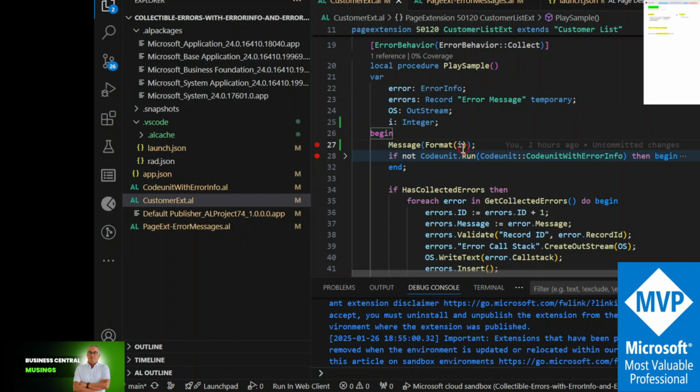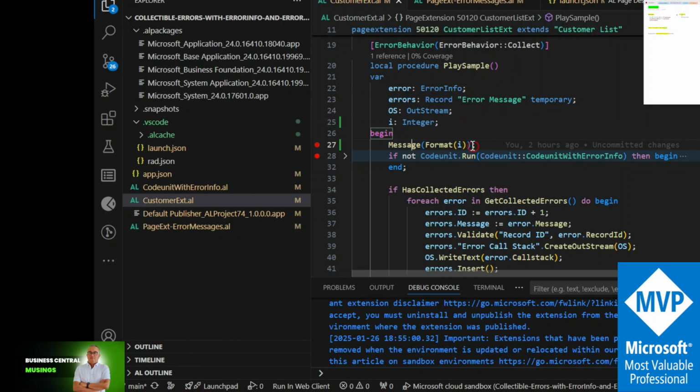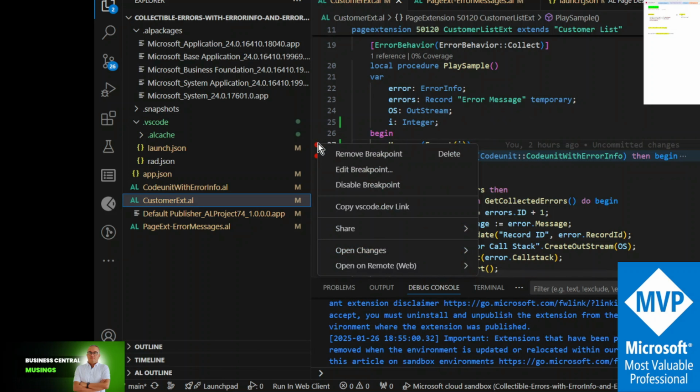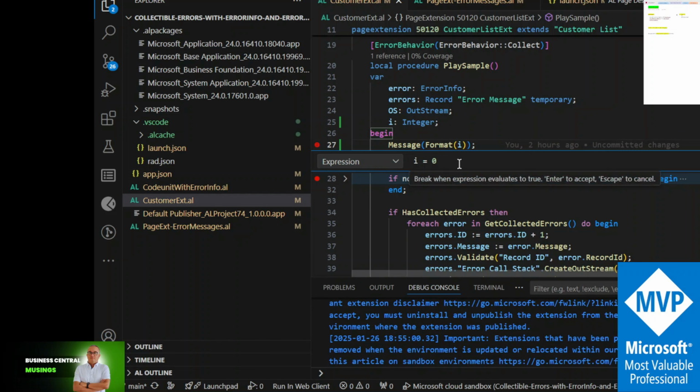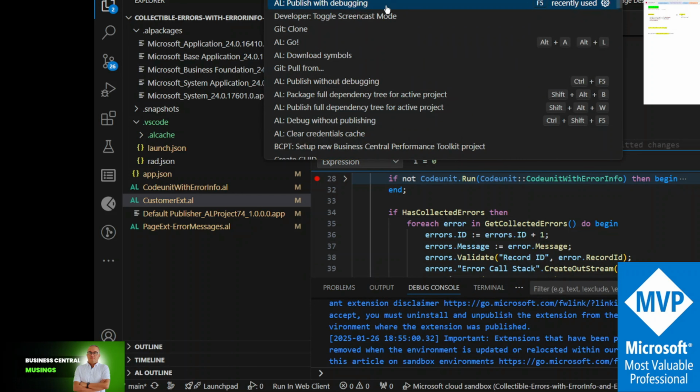You notice I have a message to display the value of the variable I, which is an integer, and because it's a local variable, the value is 0 initially when we reach this line. But we can say in the edit breakpoint to break only if I is equal to 0. So if I was to debug this project, let's try it with publish with debugging,